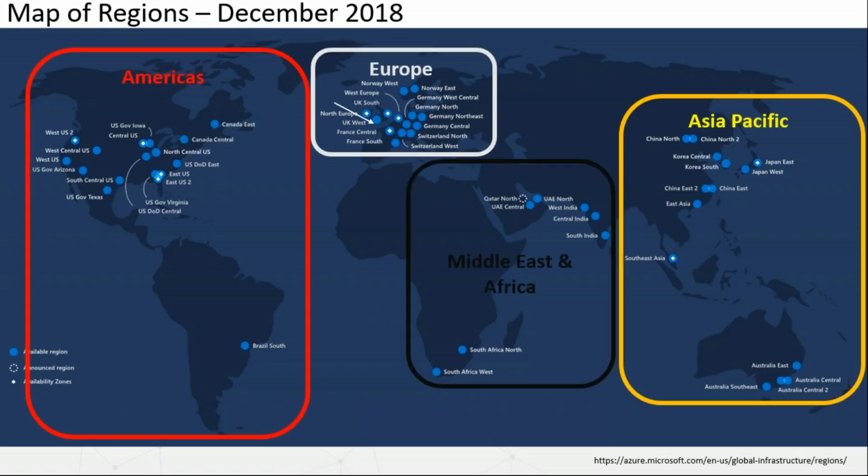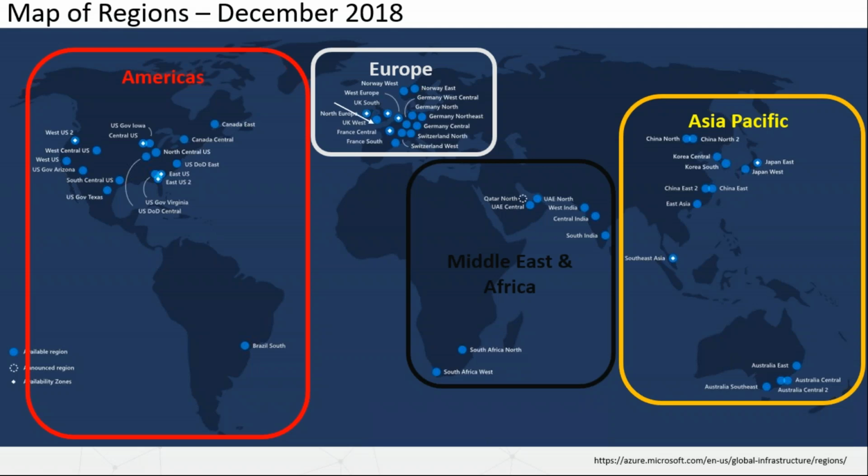There are 4 geographies: the Americas, Europe, Asia Pacific, and the Middle East and Africa. A geography is defined as a discrete market typically containing 2 or more regions that preserves data residency and compliance boundaries. These geographies are fault tolerant to withstand complete region failure through their connection to dedicated high capacity network infrastructure.